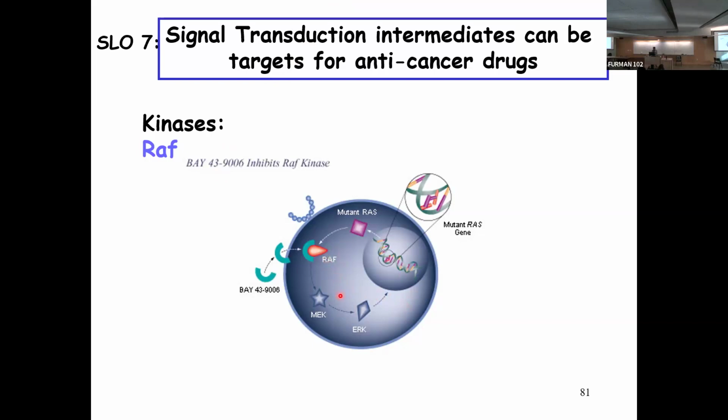But in an ideal scenario, you need a combinatorial treatment. That's a classical example to show that if RAF is blocked, you would expect that MEK and ERK signaling will be stopped, or the excess signaling will be mitigated,